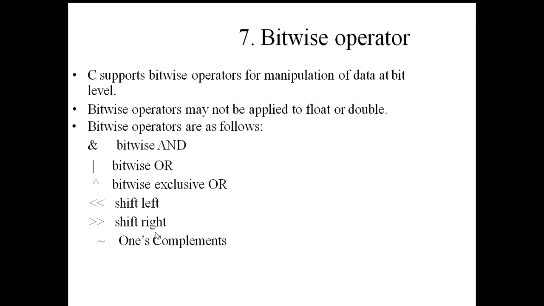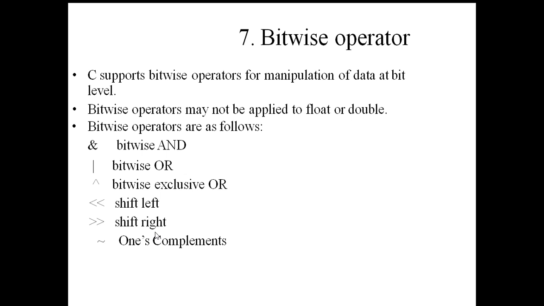So the bitwise AND is similar to the logical AND. Once the operands are converted into bits, the individual bits in the matching operands are compared, and if both of them are 1, then only the result will be 1; otherwise, in all the other cases, they will become 0. And bitwise OR, similarly, if both the corresponding bits in operand 1 and operand 2 are 0, then only the result will become 0, otherwise the result will become 1.